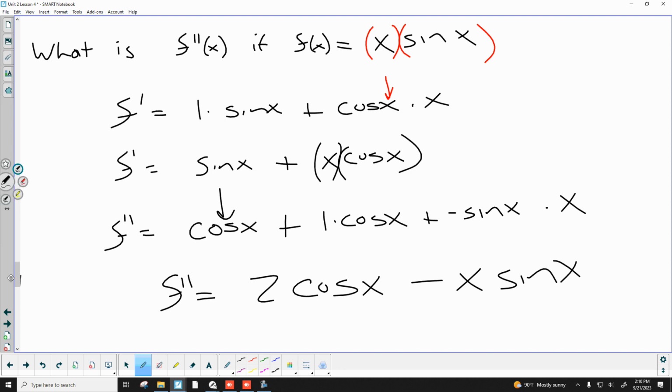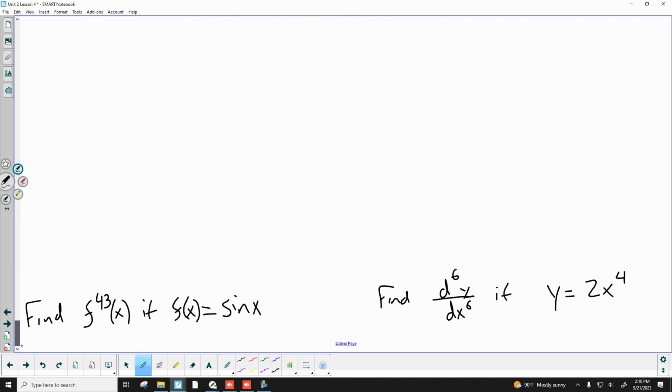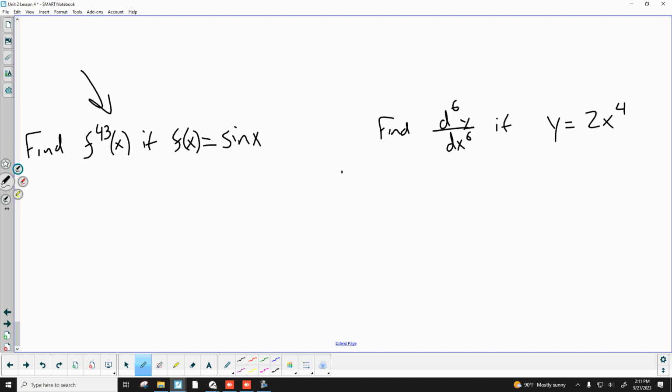All right, we're going to skip the next one. We'll eventually do that more and more, but we're going to do my favorite one. The 43rd derivative of sine. We have plenty of time, so let's just start taking derivatives, and we'll eventually get there. Ready, set, go. All right, so for the first